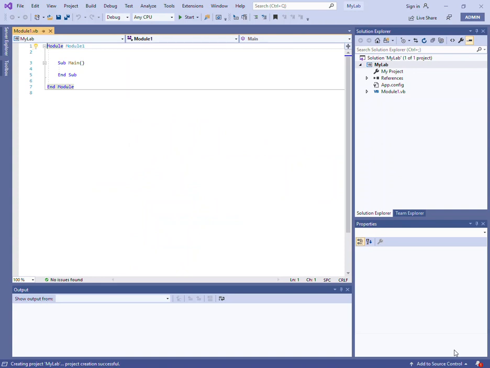Now we can see that a new project has been created. Over on the right hand side is your Solution Explorer that shows the files that are contained within this project. In the main space is your editor window. This is where you can edit module1.vb, which is already opened for us and is going to contain your code